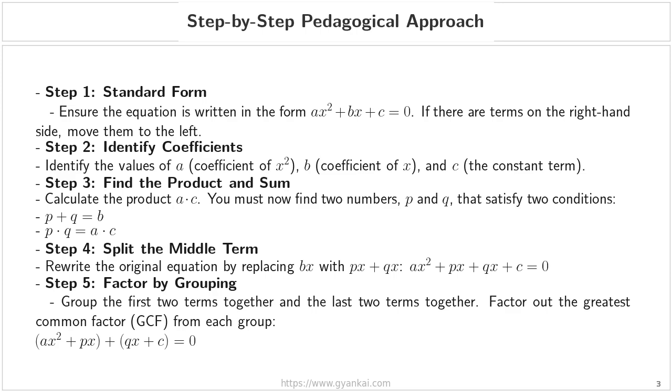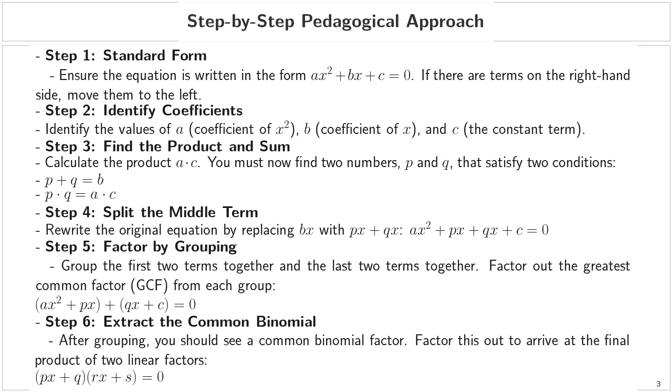From each of these pairs, look for the greatest common factor, or GCF, and factor it out. You should see something like ax squared plus px grouped separately from qx plus c. Finally, step 6 is to extract the common binomial. If you have done the previous steps correctly, you should notice that a common binomial factor has appeared in both